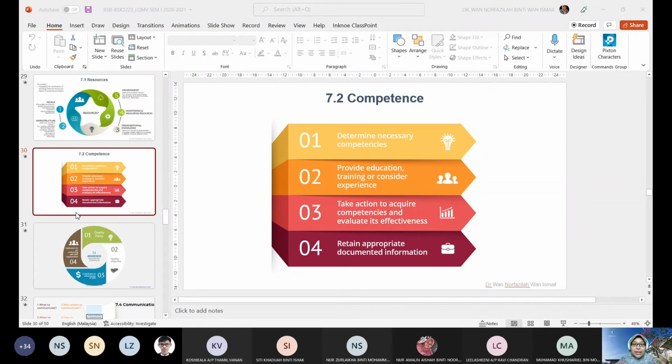Okay, so certificate, yes, that's true, but you need to put training certificate. Okay, training certificate. Barulah you jawapan tu menjurus kepada 7.2 competence. Kalau you letak certificate sahaja, attendance certificate lain. Okay, training certificate lain. Competency certificate lain.